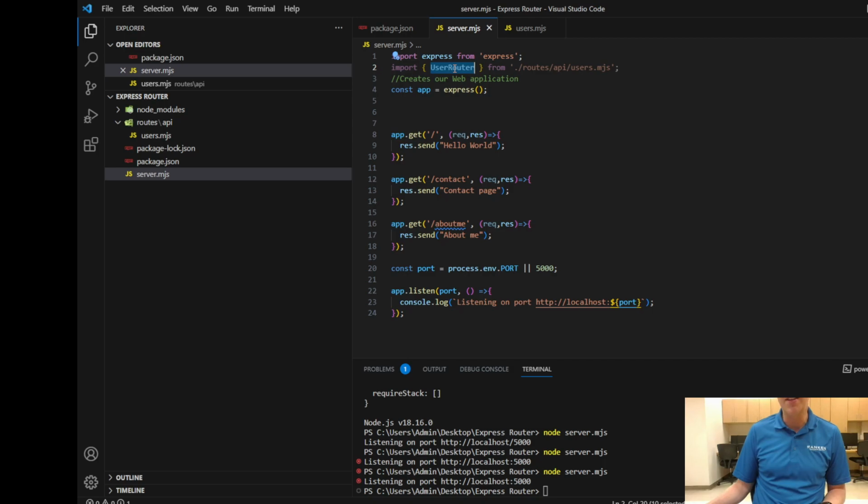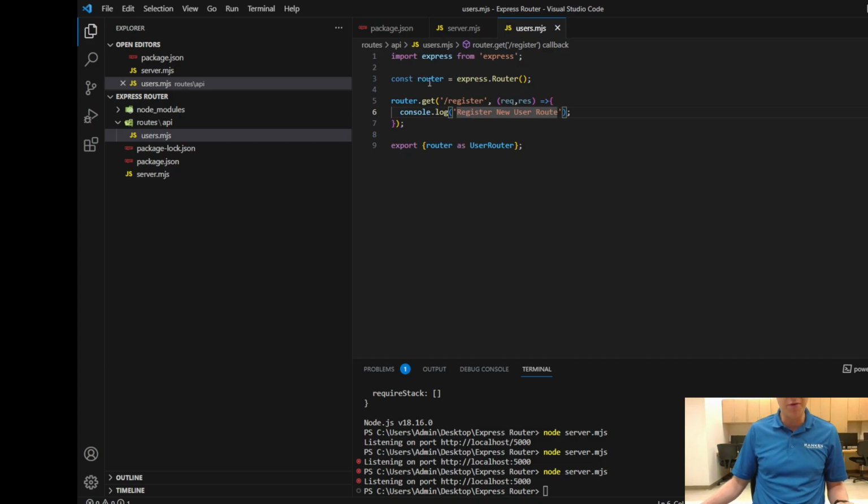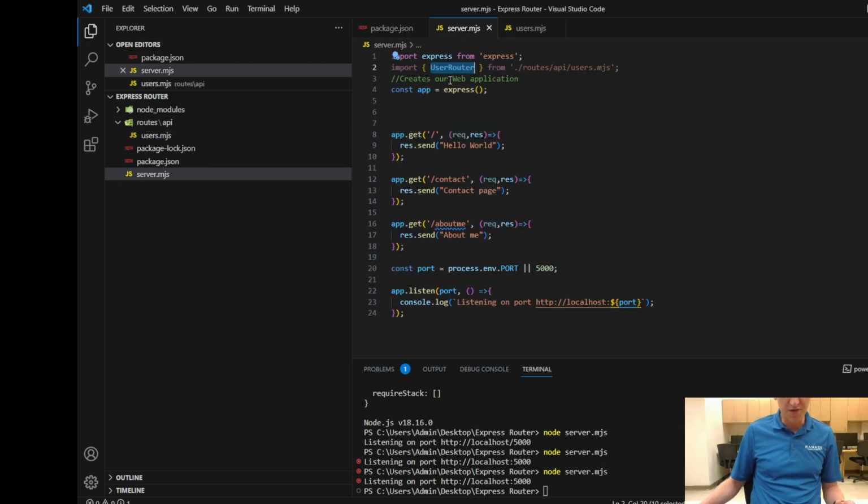So now we have this variable called user router, and it's available in our server file. We kind of made this variable over here. We registered a route, and we export that router. Back on our server, we import the router, and we need to set it up